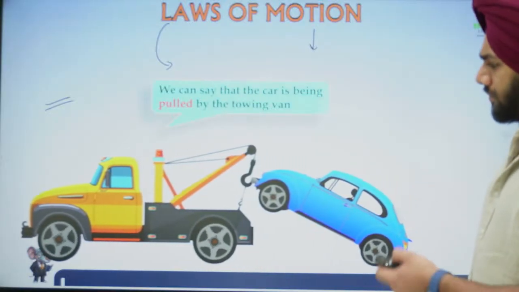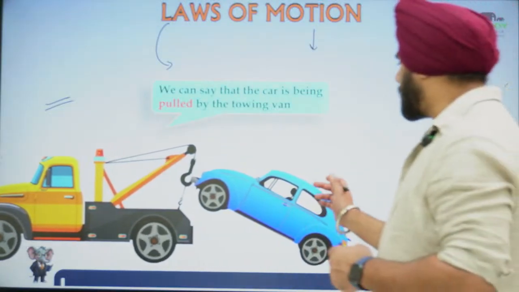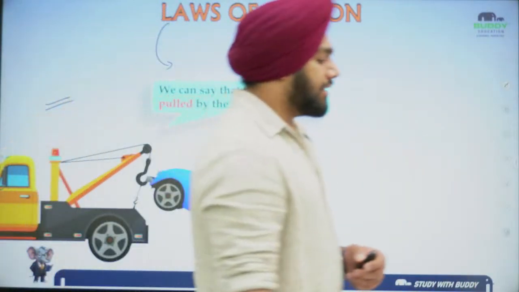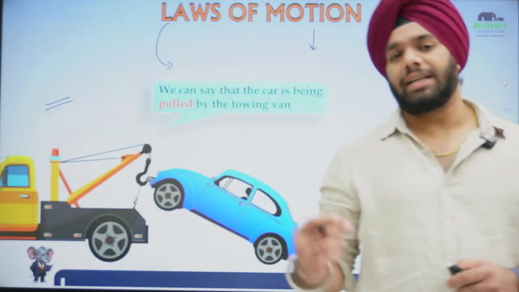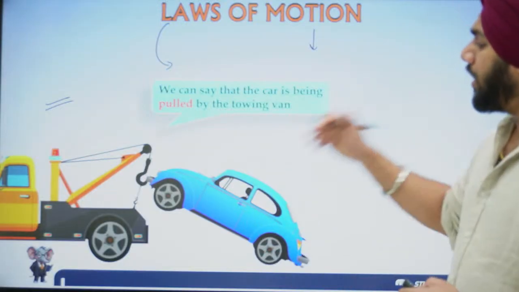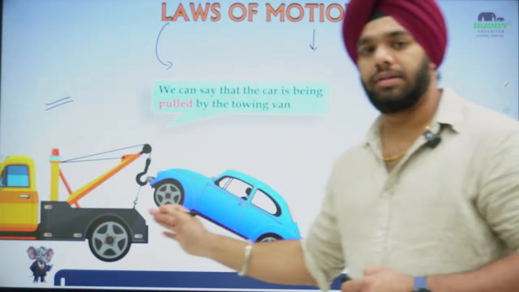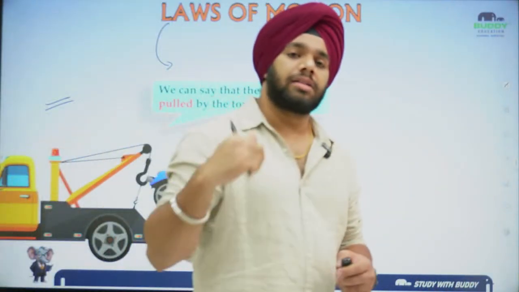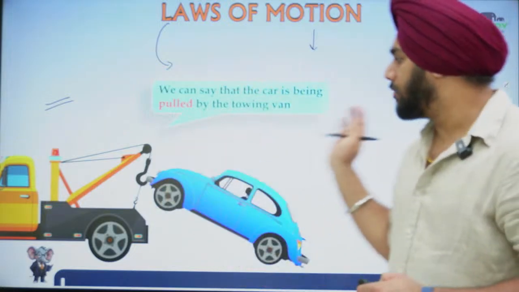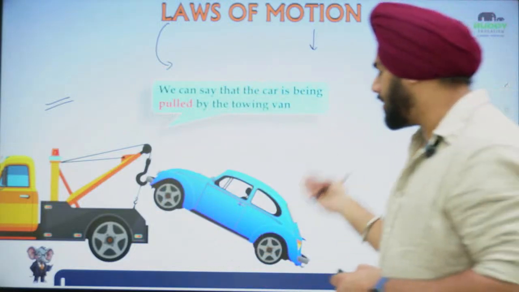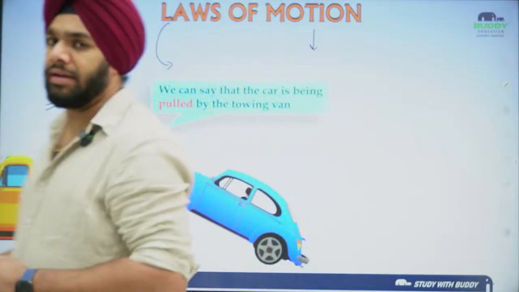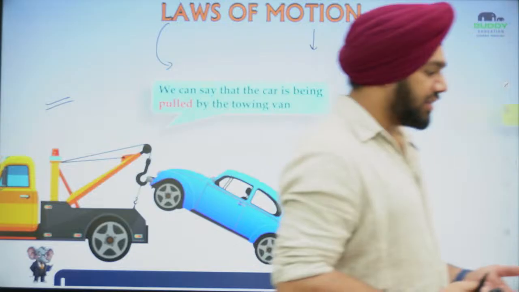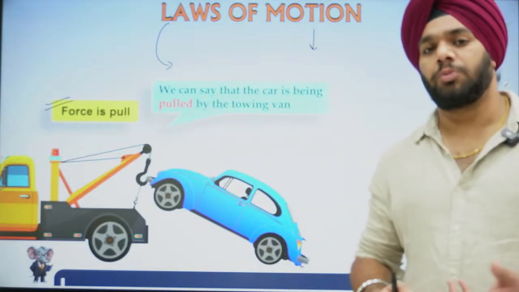In the next case, if you take a look, there is a towing man and this car is being taken by the towing man. He must have parked it at the wrong place. That is not the point here. The point is that the towing man pulled this car. In the first case, it was clearly seen that the man was pushing the car, but here it is pulled by the towing man. So when I say that force is basically a push or pull of an object, force can be written as pull.